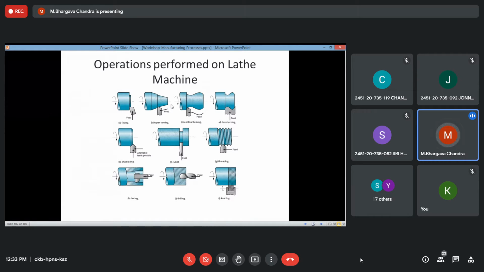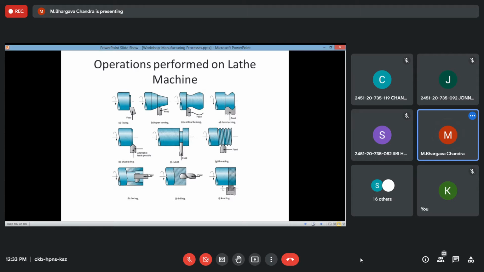As such, the tapering operation is done and the tool bit is moved in a particular fashion at some particular calculated inclination against this workpiece. That is, this tool bit will be moving linearly against this workpiece from one end to the other end. So it is adjusted in such a way that you will get the tapered cross section of this workpiece. Relatively, the material will be removed in that fashion so that you will get a tapered surface finish.